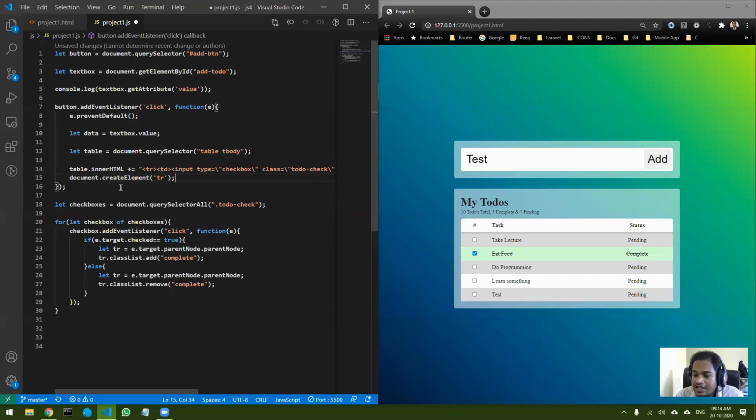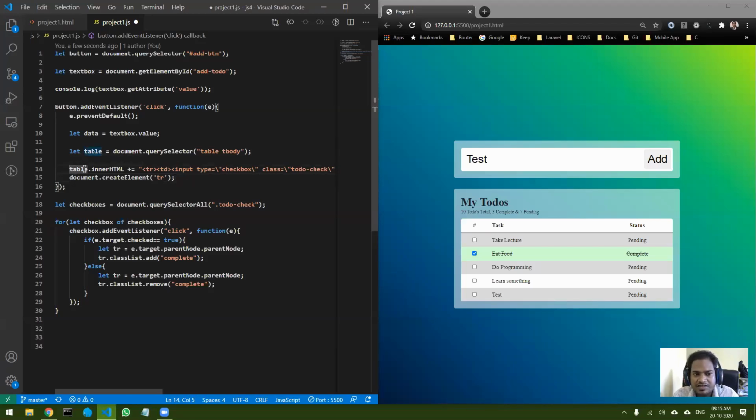So this creates an element called tr, and then inside that you will have to create 3 tds, and inside the first td you will have to create a checkbox. Then in the second td you will have to set the text test, and the third td you will have to set the text pending.